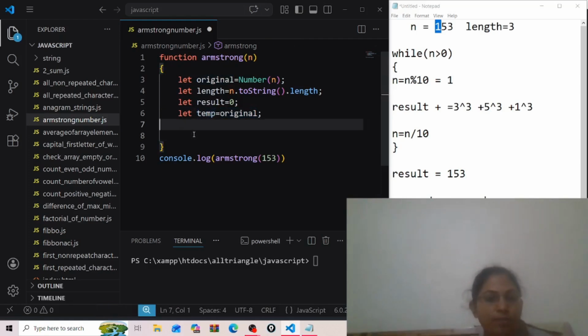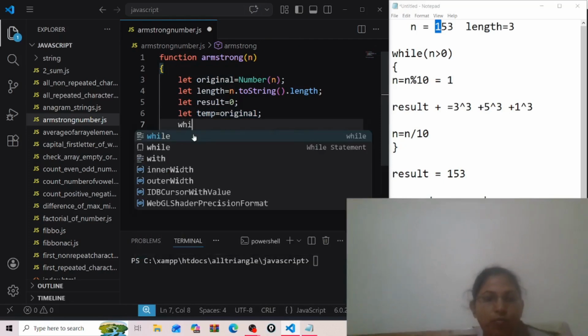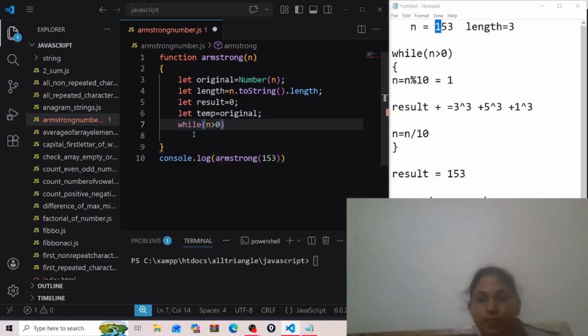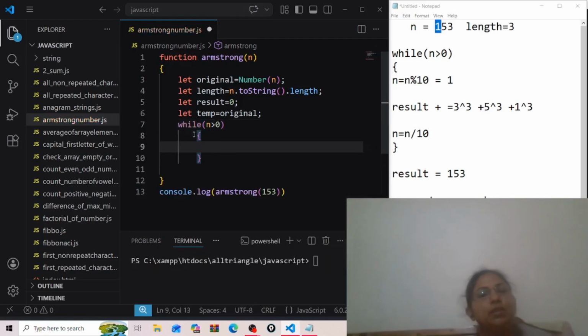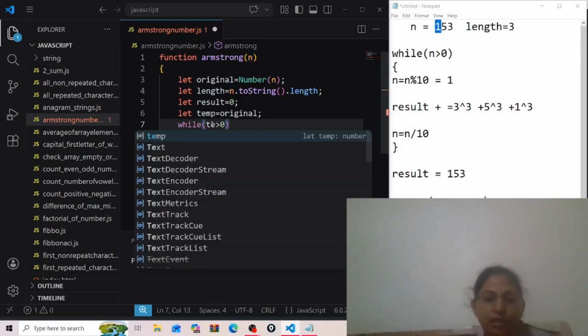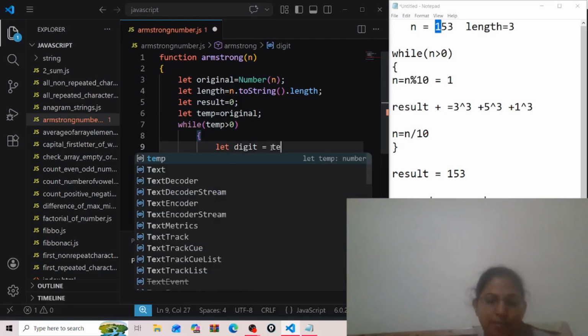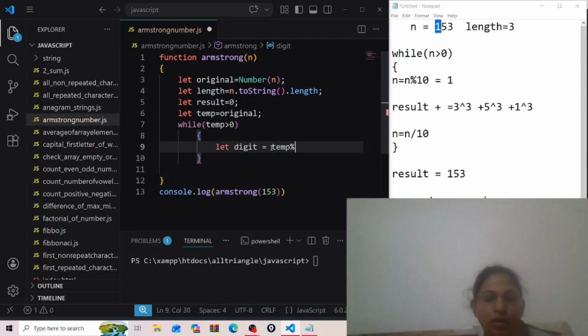Okay, now I will put one condition over here: while our n is greater than 0. Yes, our 153 is greater than 0. First of all, I have to extract the last digit from our number, so this is not n, it will be temp over here, because now we will work on temp. So temp mod 10.